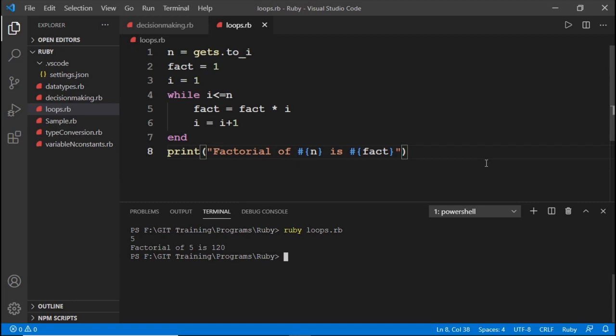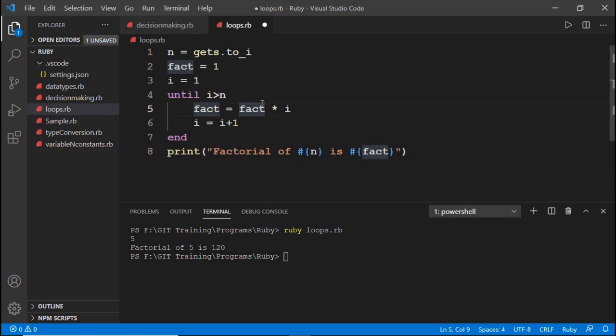Let's see the same example for until. Instead of while, use the until keyword, and here you need to change the condition, that is i greater than n, so that only then it executes the block of code.